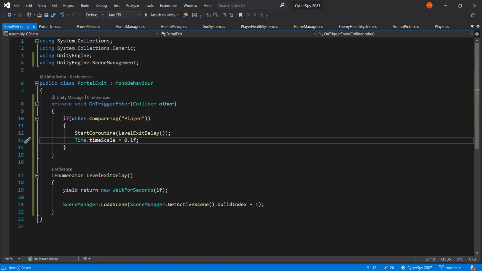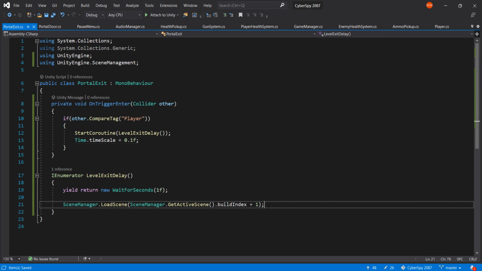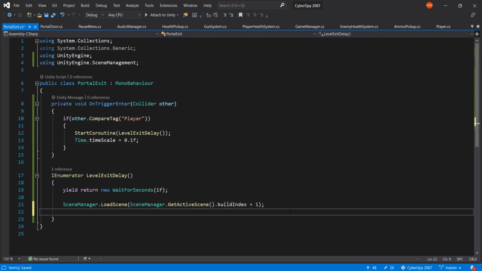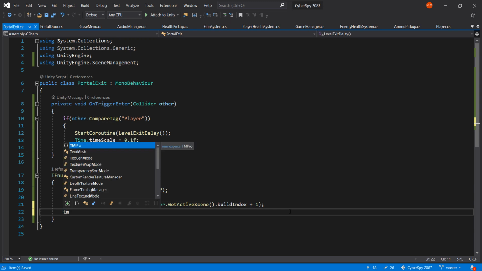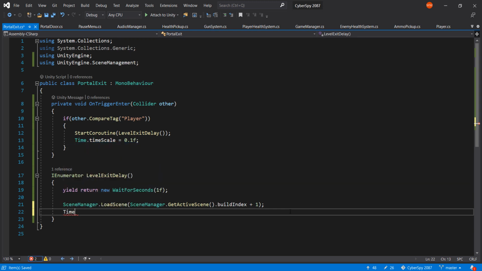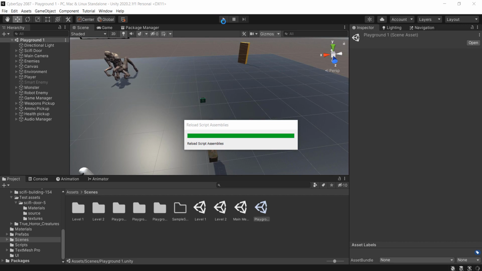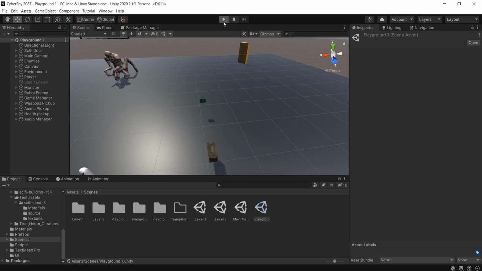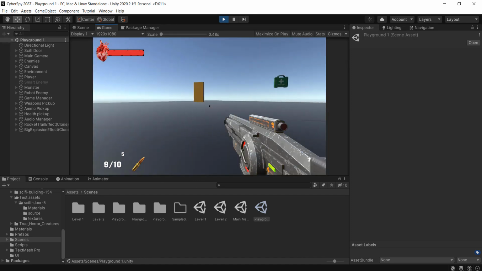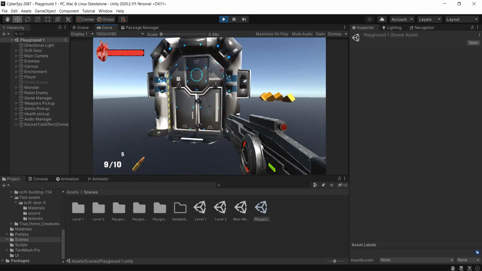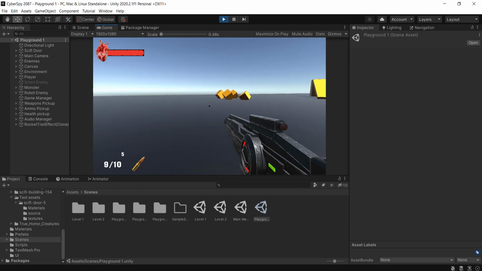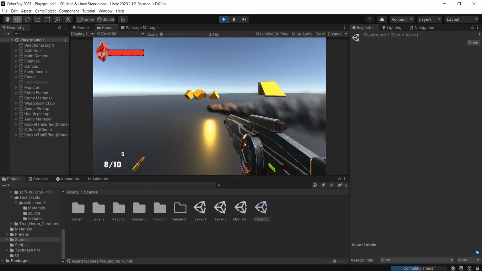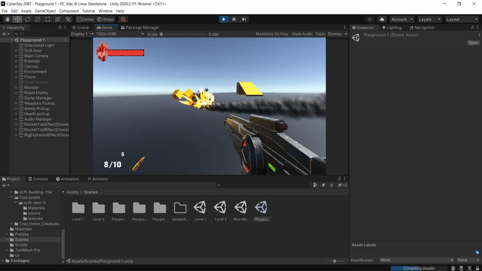And then when we actually move through to the next level, we are going to set the time scale back to 1. So in here, we are going to go get the time scale, and we're going to set it back to 1f. So now what happens when we hit play? Everything slows down, hit play. Everything slows down when we transition. You can see that everything is in slow motion, but you've noticed maybe that now, it's very cool actually, but